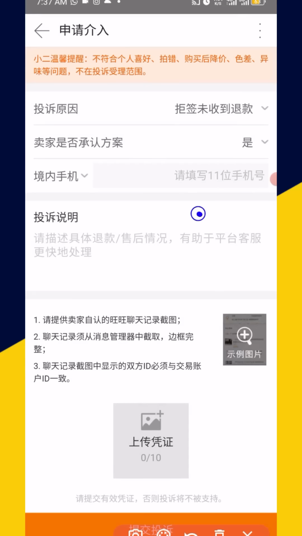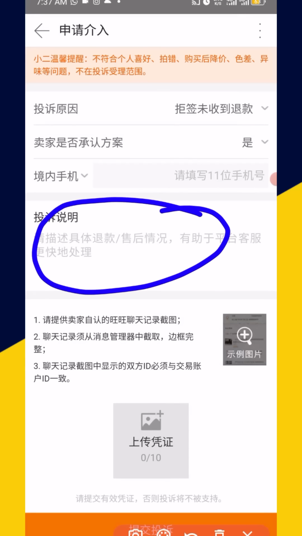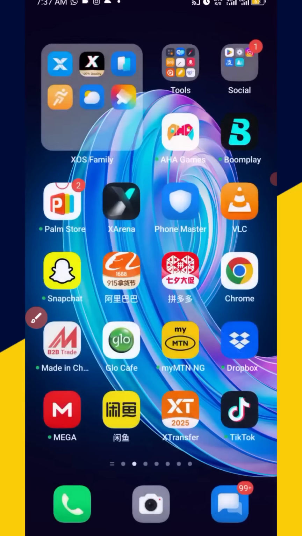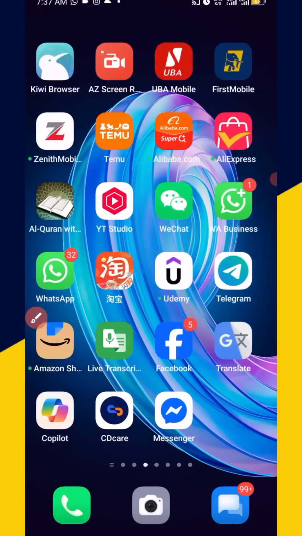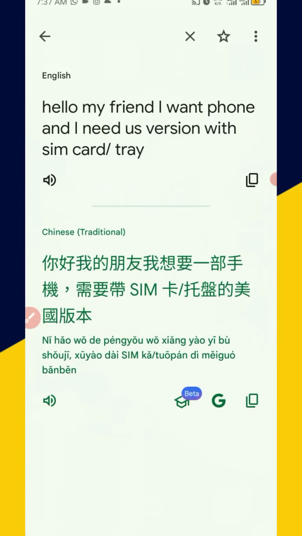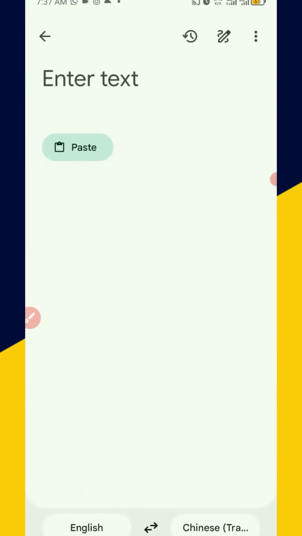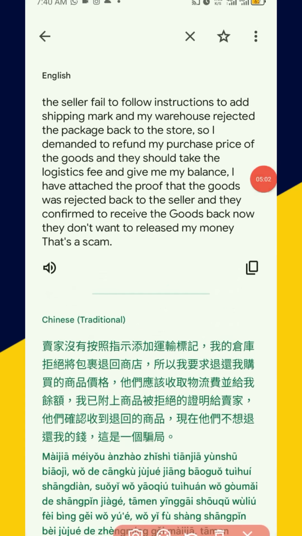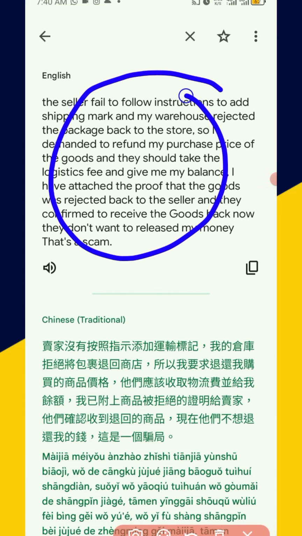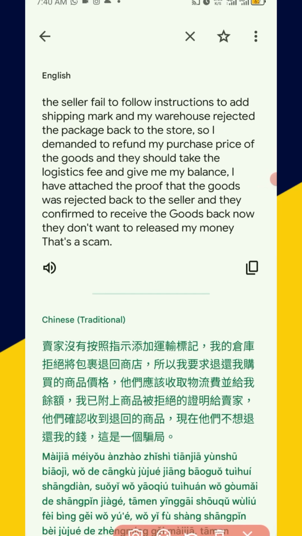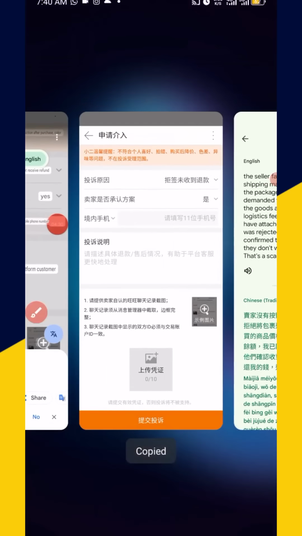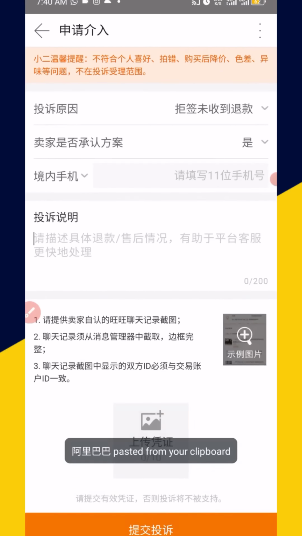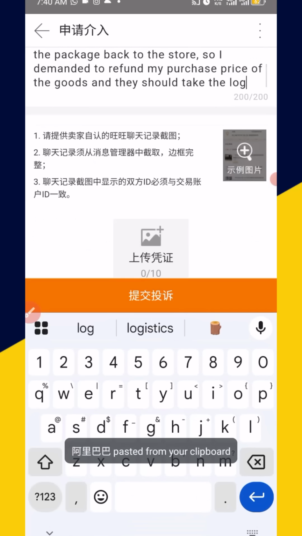So you have to state the reason right here. So I'm going to go ahead and exit from here, and I'm going to make use of my Google Translate right here. Open up my Translate, then I will state the reason right here. Now make sure you state all your reasons right here. So as you can see, I have set all my reasons. Then I'll go ahead and click on here to copy. Then I'll go back to my 1688 right here. I will click on here and